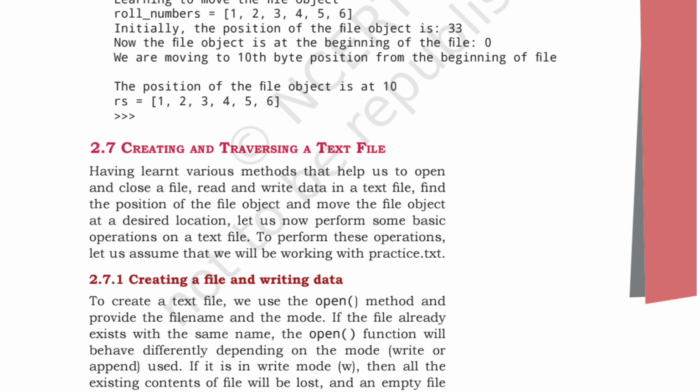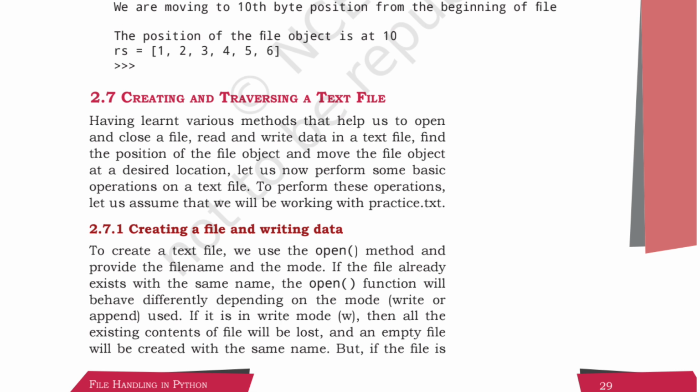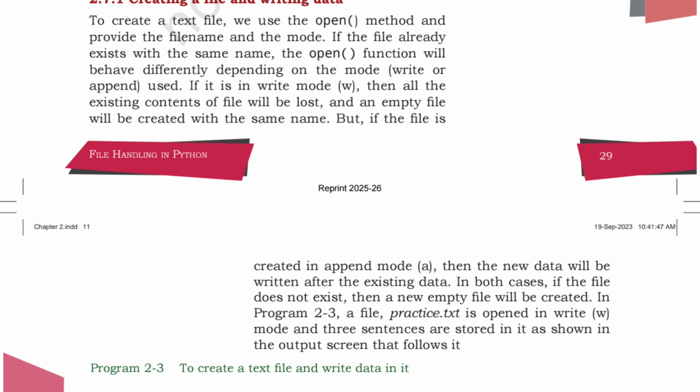Then creating and traversing a file. Firstly we have to create a file, and we have to traverse it, that is we have to find the position of the file object and move the file object to the desired location, that is practice.txt. Then creating a file and writing the data. Firstly we have to create a file, and then we have to open the file, then write to the file, read the file, and then practice.txt will be opened in write mode, read mode, and finally